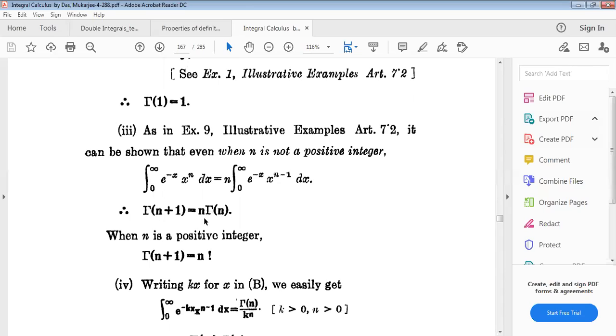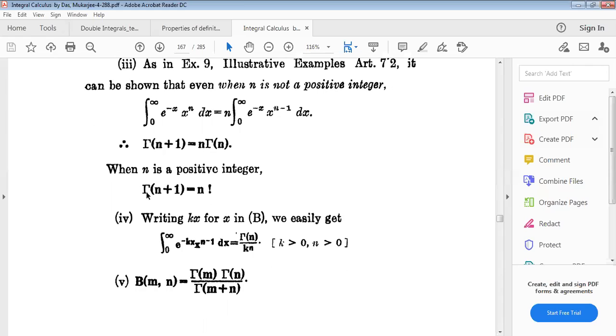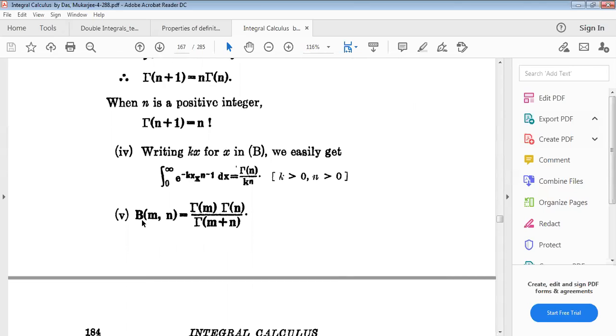Gamma n plus 1 equals to n into gamma n. And also remember, gamma n plus 1 equals to n factorial. This will be the formula we have to use in different examples. And another interesting formula,